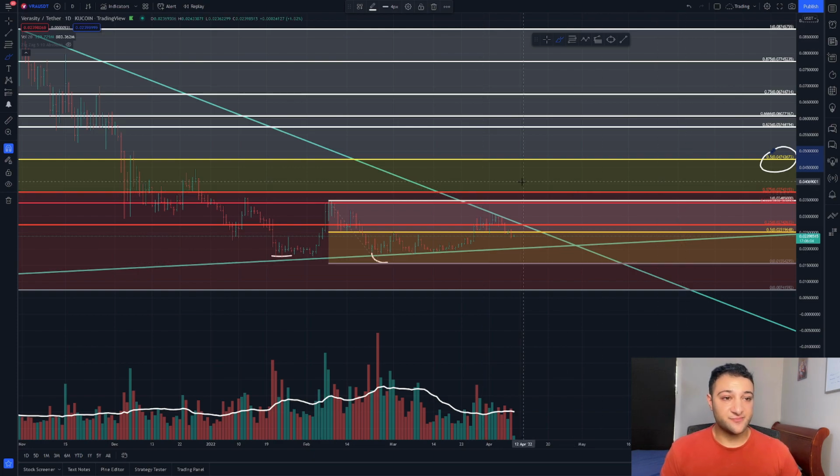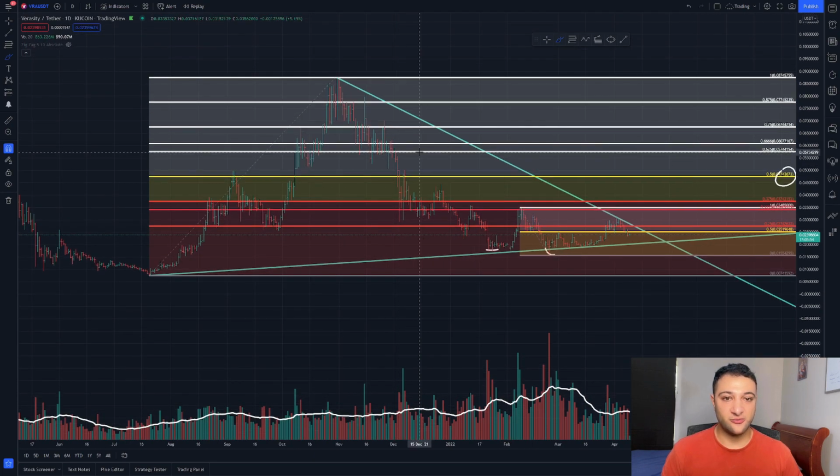Let's have a look at some price predictions. So again, I talked about the major 50% being at, almost call it 4.8 cents. And then of course, after that, we have the 665 mark, which would come in at 5.75 cents, call it. And that would coincide with some areas here. And then we had the 666 mark, which would be about 6 cents. And you can see that would be this part. So look for that area between the 666 mark and the 625 mark being a severe area of resistance for Verasity should it get there.